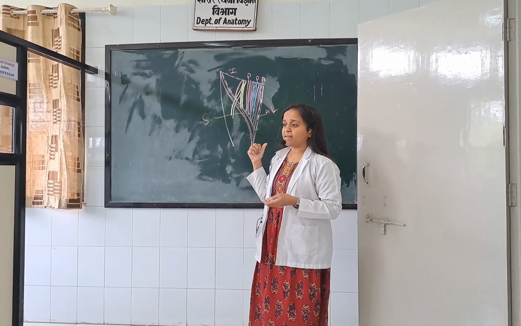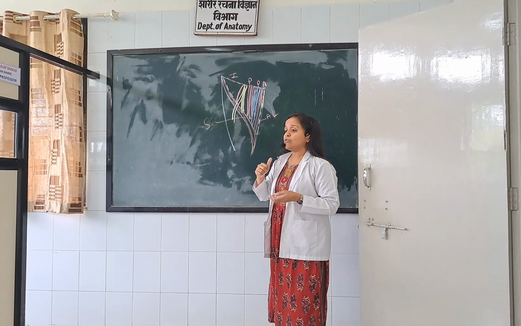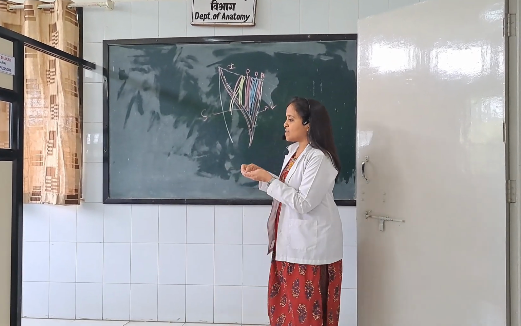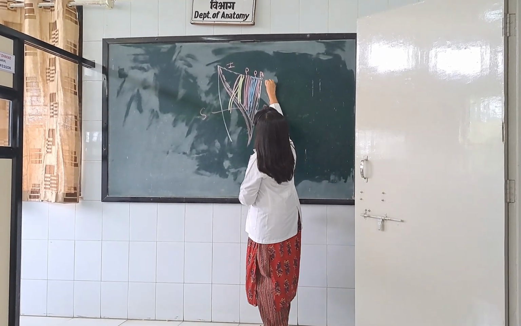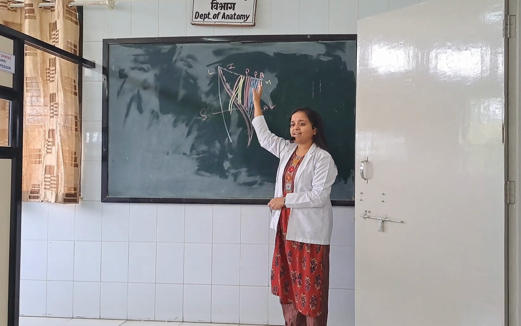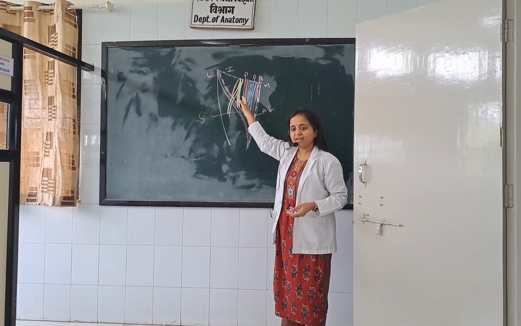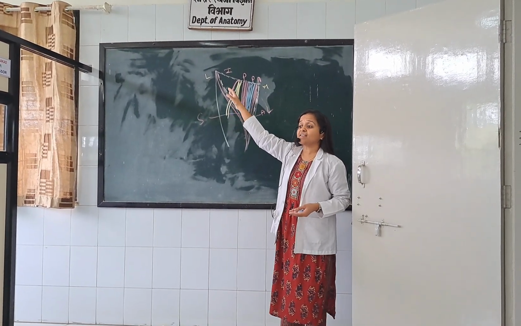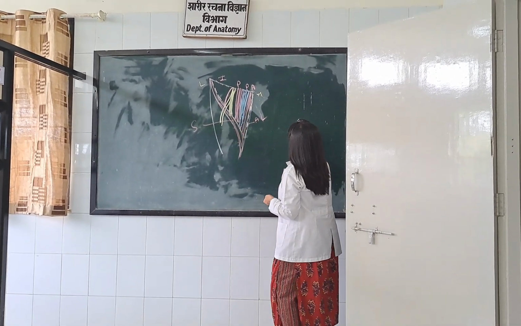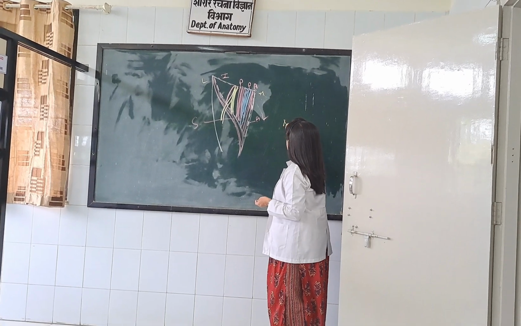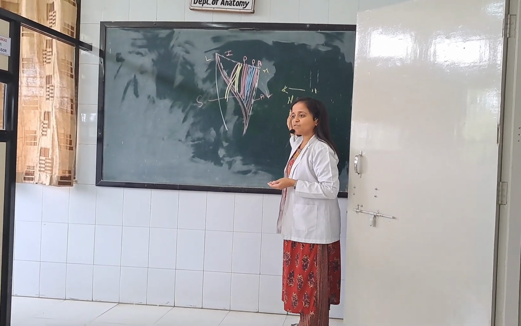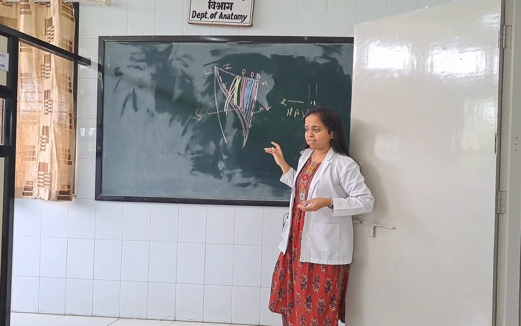Now what is important here is to understand the location and the position, the arrangement of these three structures. So here you can see this is the medial side and this is our lateral most side. From medial to lateral side, I have drawn, first comes the femoral vein, then comes the femoral artery and then comes the femoral nerve. So we can also make a mnemonic for this, that is VAN, from medial to lateral side.